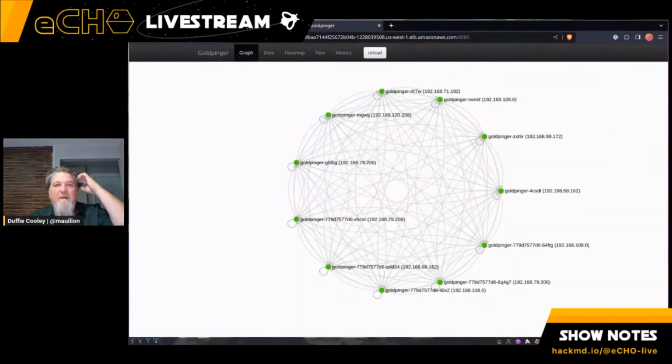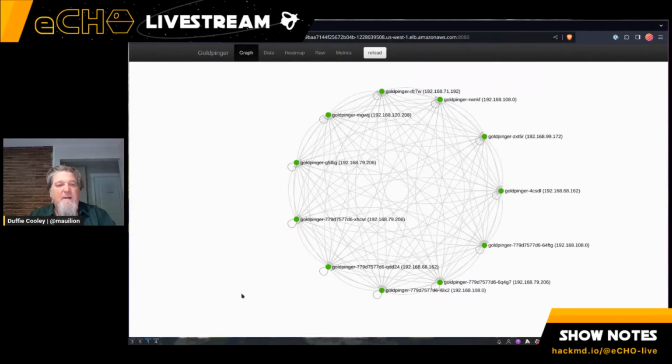Oh, I must have typoed it or something. All right. So we still have all of our connectivity still working. Everything's there and everything's working. So at this point, what we've got is we're in this hybrid state, right? We have half of our cluster operating on Cilium, half of our cluster operating on